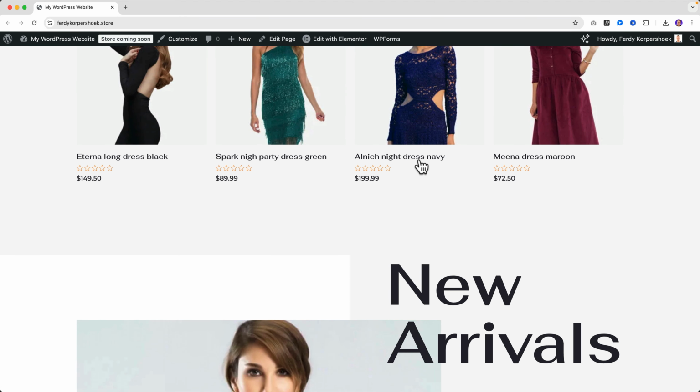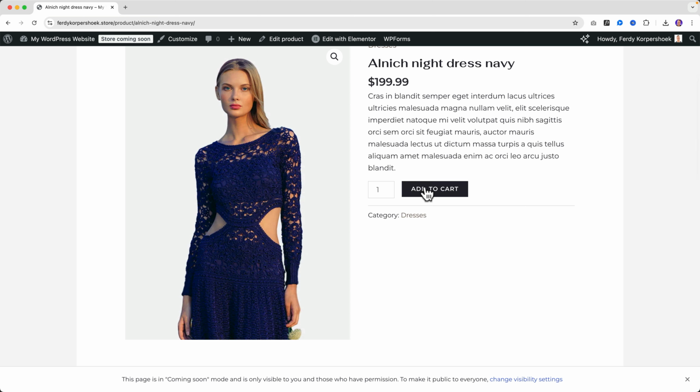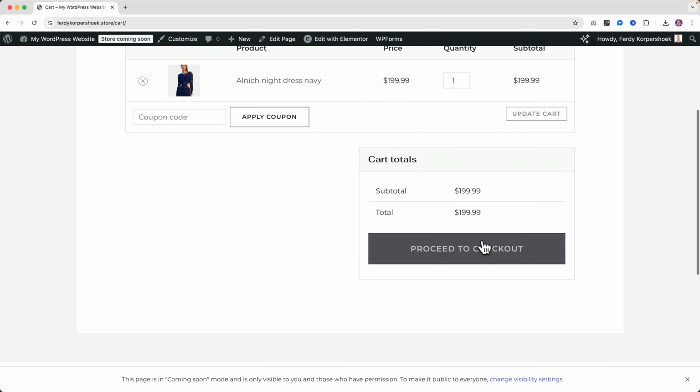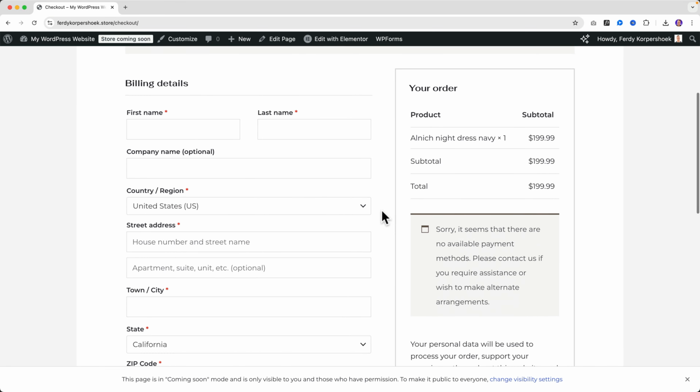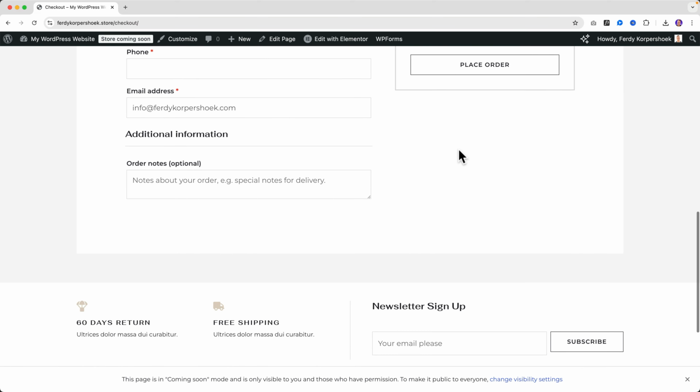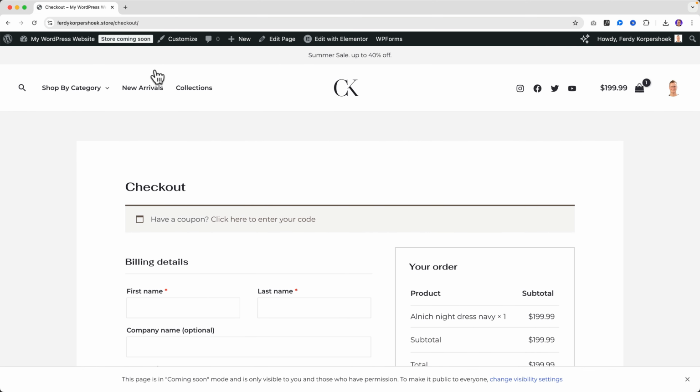If I click over here, I can add it to the cart. I can view the cart. I can scroll down and proceed to the checkout, fill in my details, and then it says I cannot pay. So we're going to talk about a few more things in order to make our website work. The first thing I want to do, if I take a look over here, a really important aspect of your